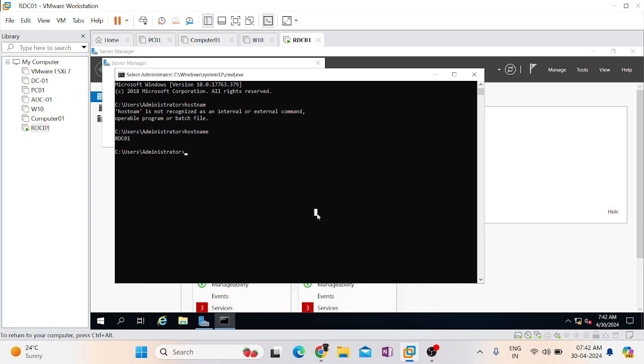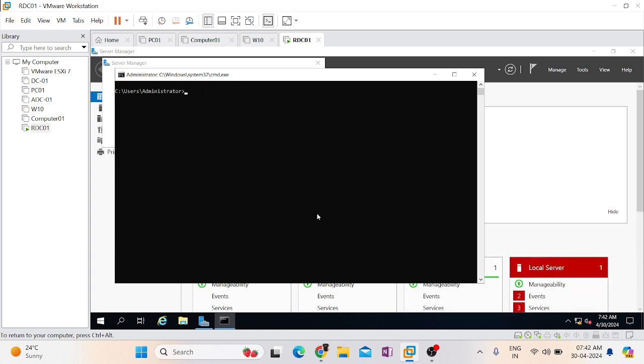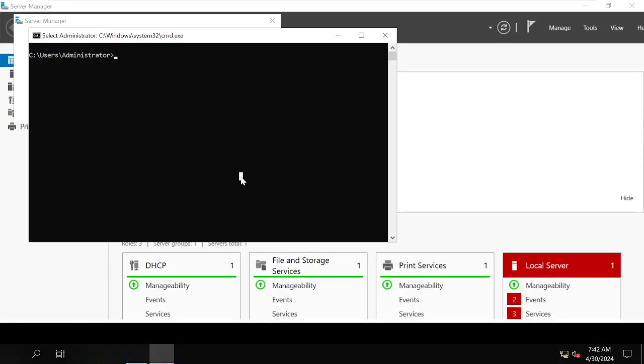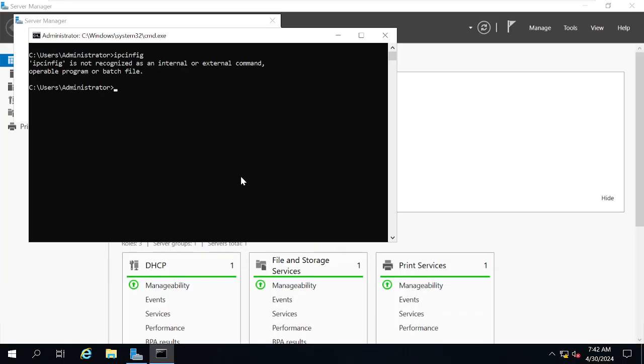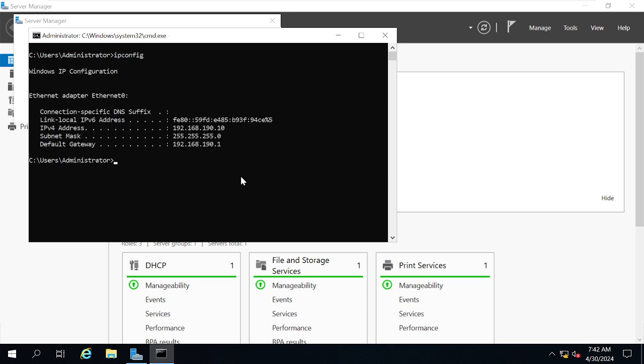Then I am good. Now the second thing is I need to make sure the IP address is correct. Then I should type a command. What is the command, guys, to see the IP address? ipconfig. Yep, I can use a command called ipconfig, and you will see the IP address of the VM. This is the IP address of the virtual machine, 192.168.190.10, and I want to verify whether it is DHCP given or